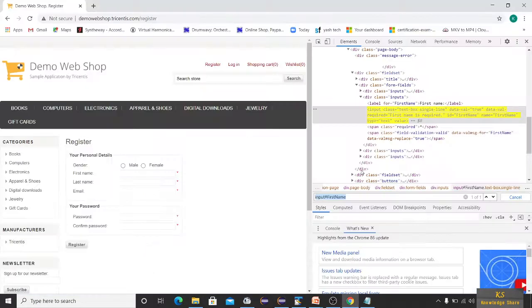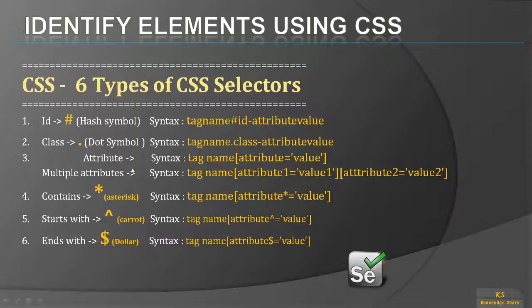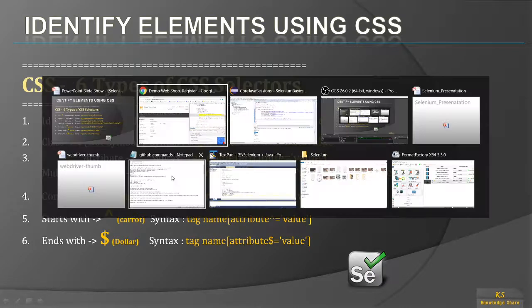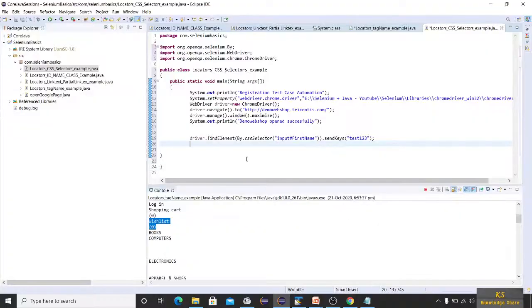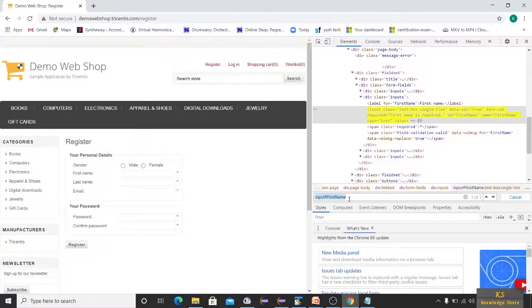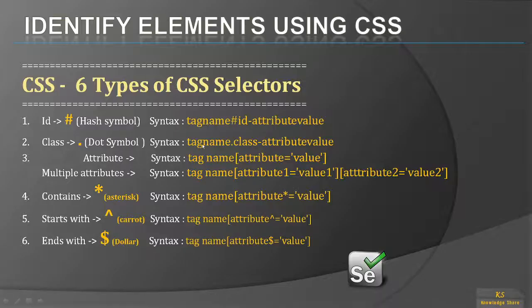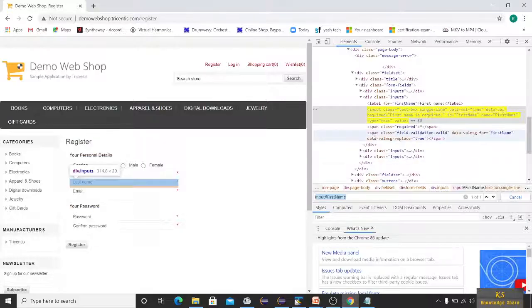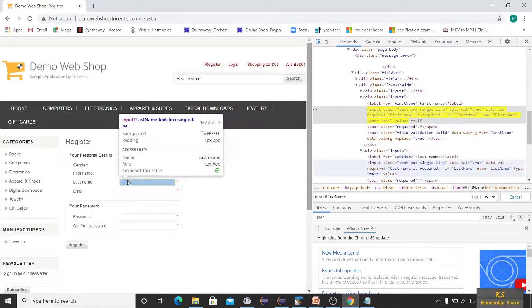Now the next thing we will do is identify the element using class, where we have to use a dot in that case. Let's see whether it is possible or not. So what is my syntax? Tag name, dot, class attribute value. Let me inspect the last name.